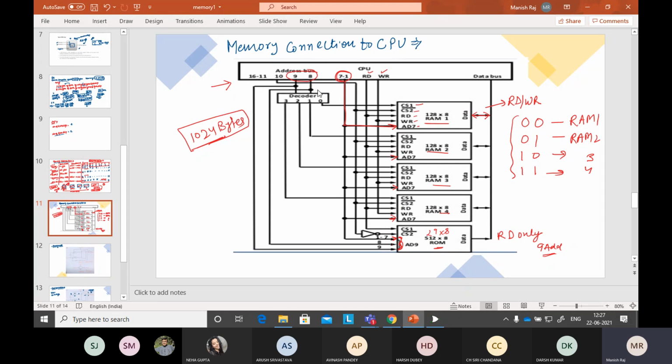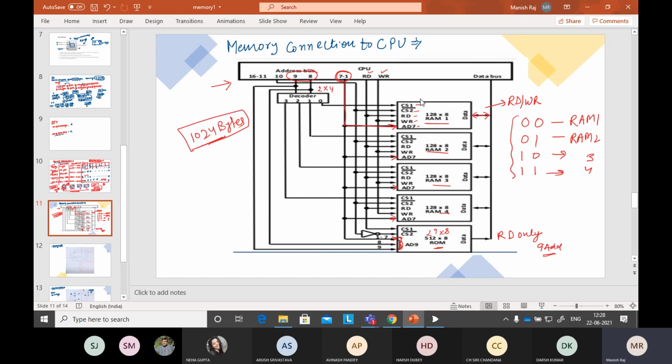So I am using the decoder. You can say that is the 2x4 decoder we are using. According to that, first I am giving this 8 and 9. Okay. So you can see first 0 is given to the CS, some signal is given. So four signals are there, and two signals you are using. Just wait, I'm telling you. One signal is going here, and two signals will come here and four signals will be generated from here.